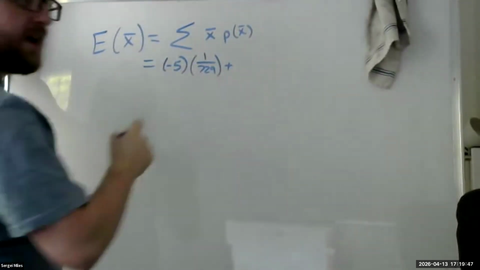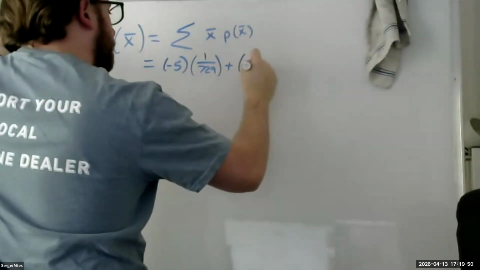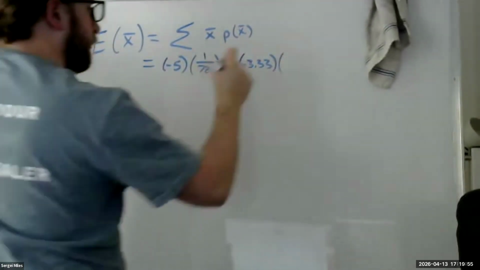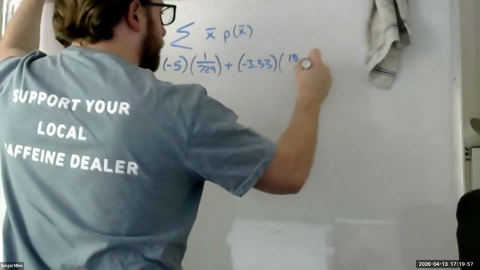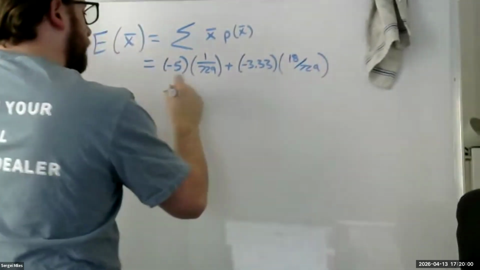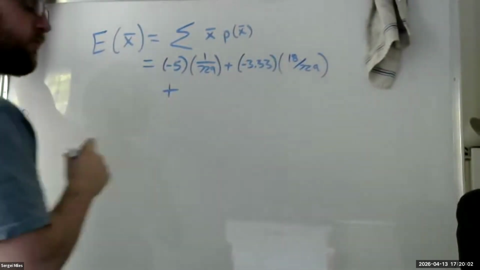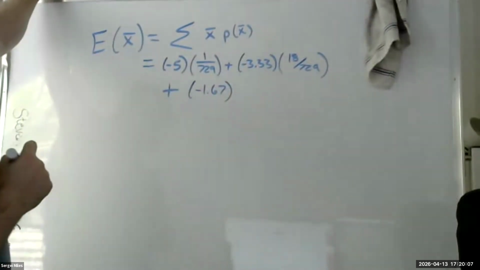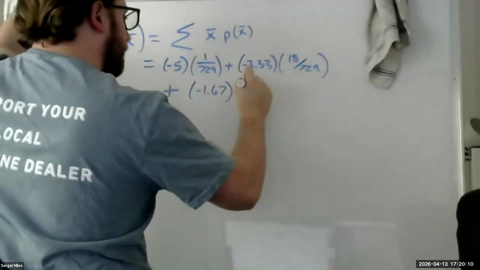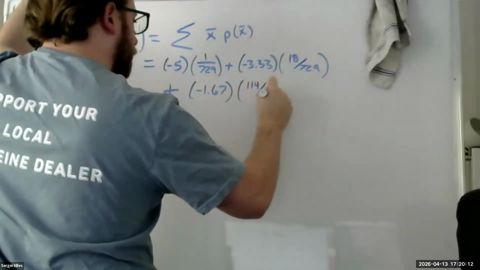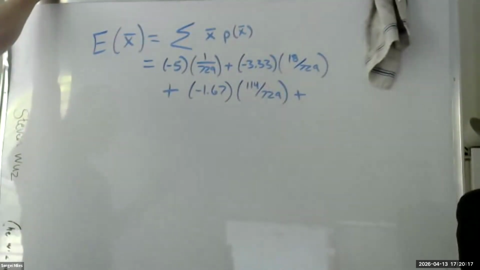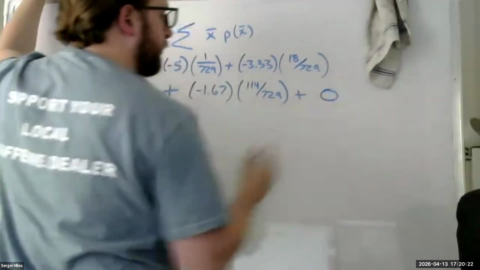plus we have -3.33 with a probability of 18 over 729 plus -1.67 with a probability of 114 over 729 plus we have an x bar of 0. Well, that'll just be 0 times the probability, so I don't have to write that out. That'll just be 0